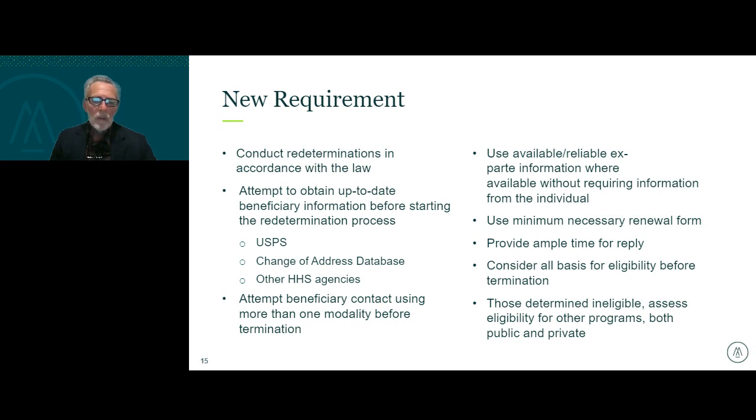And also in terms of reliable source information, CMS has indicated that the state can rely on information received directly from the beneficiary if it's in response to a specific outreach campaign. So if the state is working with community partners, even hospitals, that help with this outreach program, and the response comes directly from the individual, the state could consider that reliable information to act on. And attempts to reach people should be recent. States can't rely on information they had three years ago, make an outreach based on that, and then determine that they can't find people.